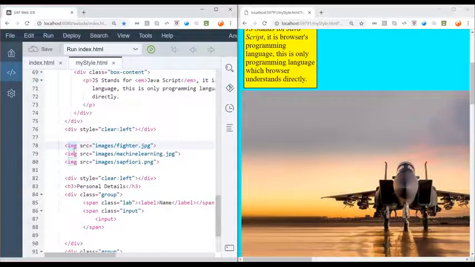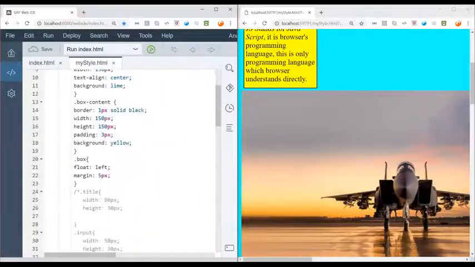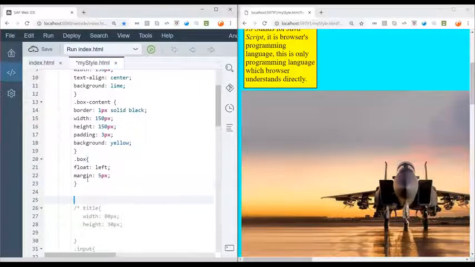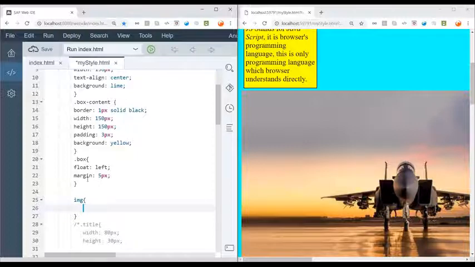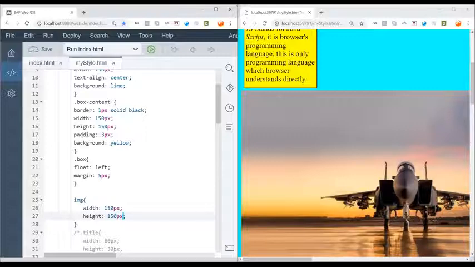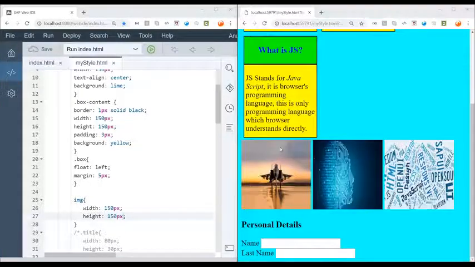So I'm going to apply a tag name styling on the image here at the top. I'm going to say, all the images which you see on the screen, please apply a style here. On all these images, I would like to change the width of each image to, let's say, 150 pixels, and also the height of each image to 150 pixels. Save this up, let's refresh, and now you see all three are coming in a very straight line already,